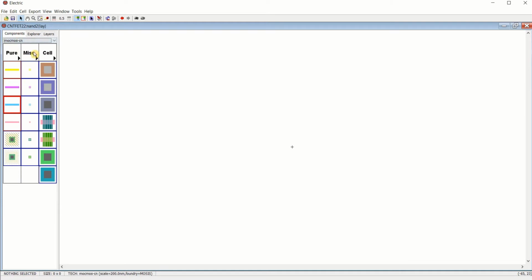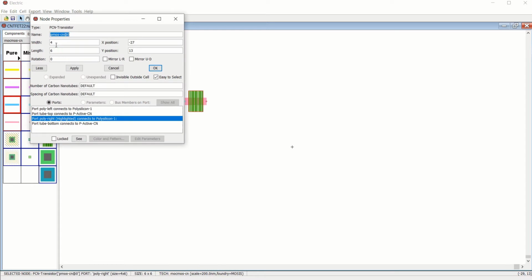Now in the component palette, these are the layer palettes which can be used. This cell acts as a P channel. This transistor has a minimum width of 4:6. That's why in the schematic we have used 4:6.